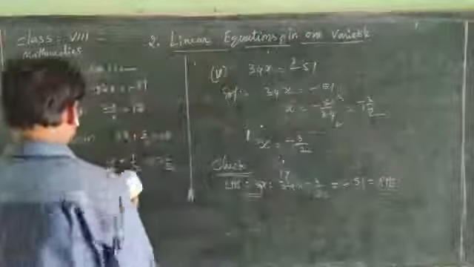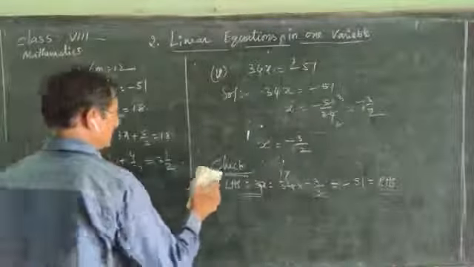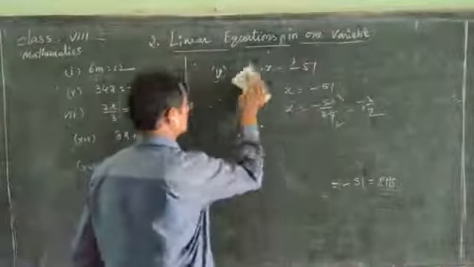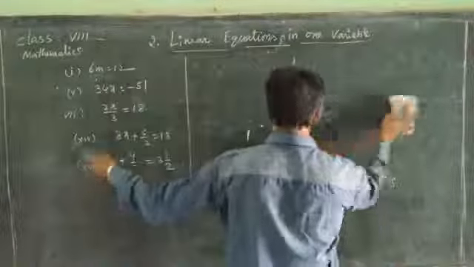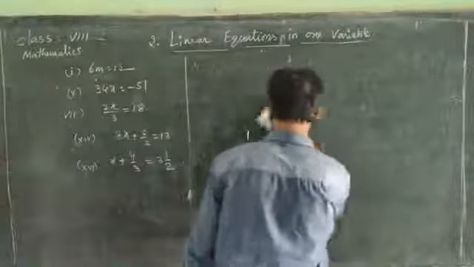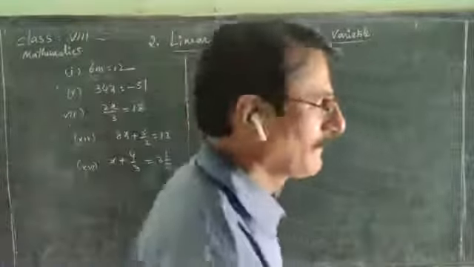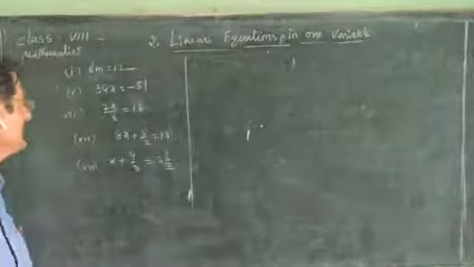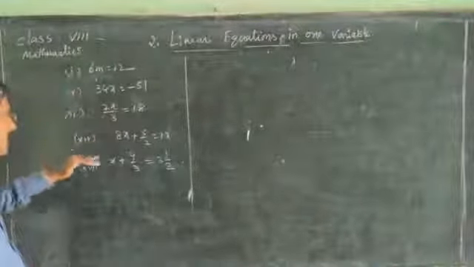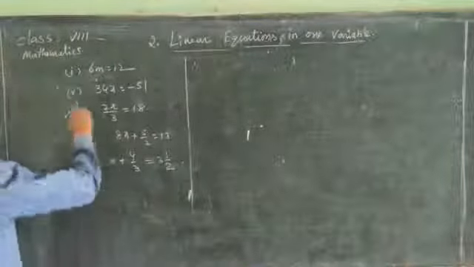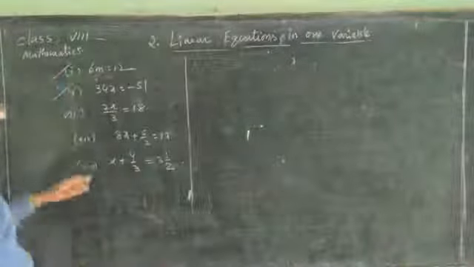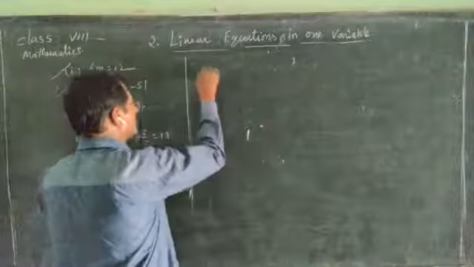Next, observe the seventh sum in the exercise. You observe the sums once again. These are the sums out of 16. I am going to explain only 5. Already these 2 are completed. Now the seventh one is